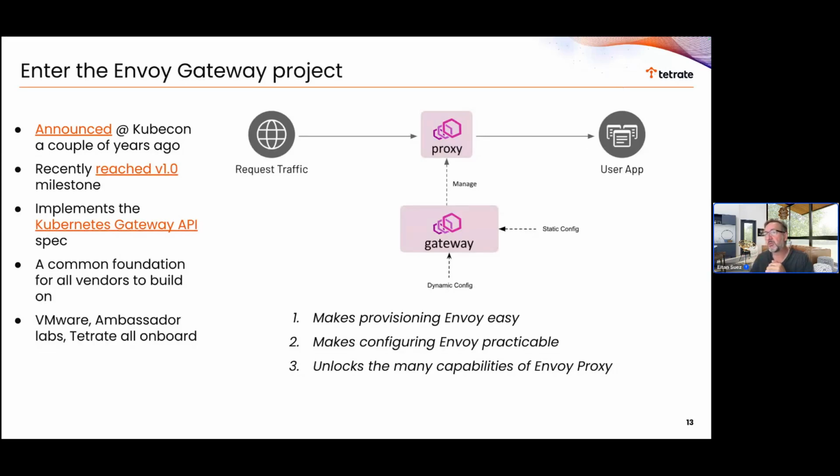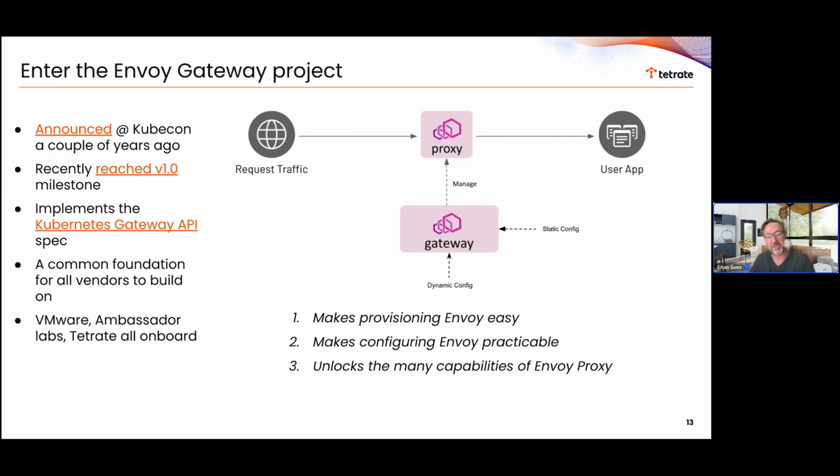So a little bit about the Envoy Gateway project. It was announced as a collaboration between multiple vendors that all had products based on Envoy proxy: VMware, Tetrate, Ambassador Labs, and others. There was a blog entry by Matt Klein, the author of Envoy proxy, and it made sense when you think about it: why not build on a common foundation? We all need a control plane for Envoy. Why not do it in the open source? The announcement was at the inception of the project,